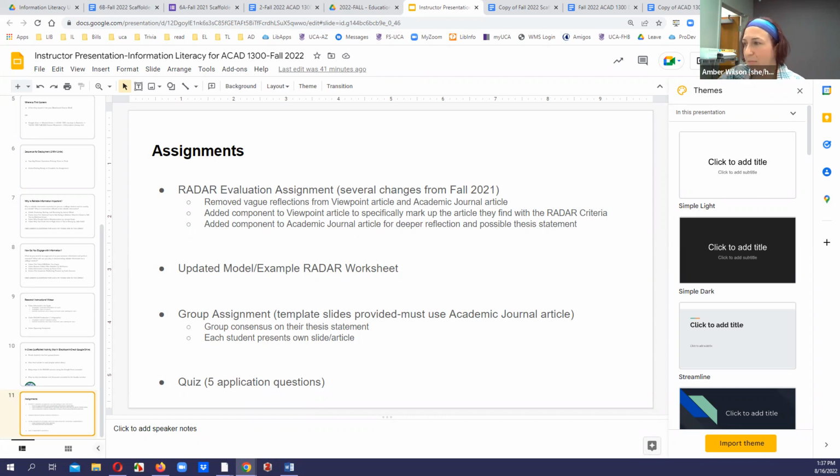And I've got an example of that I can show y'all as well. For the academic journal, same thing, fill out the radar criteria. But for the academic journal, we're having them more deeply reflect on, would they use this article to support an academic research paper or project they're working on, and why? And getting them to give very specific examples,